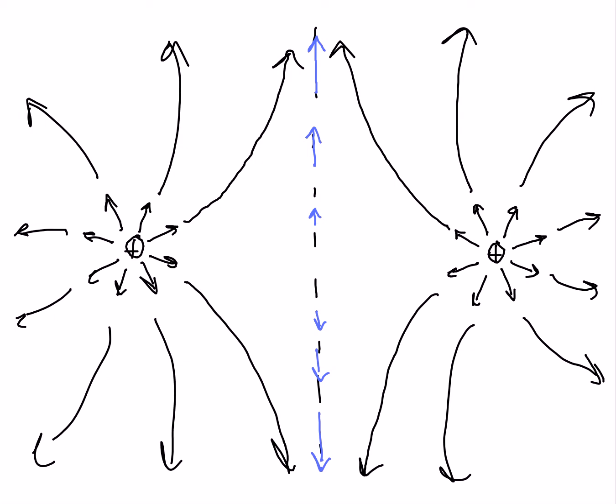Now, as it goes from upward and strong to weaker, weaker, weaker, and then flips to downward, there's got to be a point right here in the middle where the electric field is actually zero. Now, these conclusions are consistent with the conclusions we would get if we think about the forces on a positive